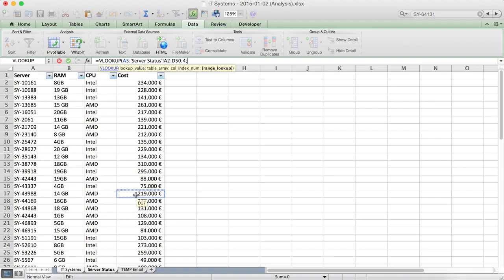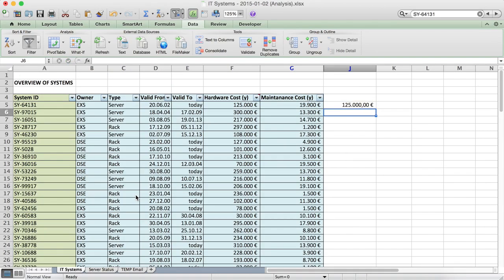Now the last argument is called range lookup, and please only type a 0 here, always. Because if you type a 1, it's more for professionals, it's for ordered lists, and it gives you the value nearest to your search value. That's really in 99% of the cases not necessary. And please do always put a 0 here. Don't forget it because otherwise it's not working properly. Please always a 0, always 0. So now I close the parentheses. And I press enter,